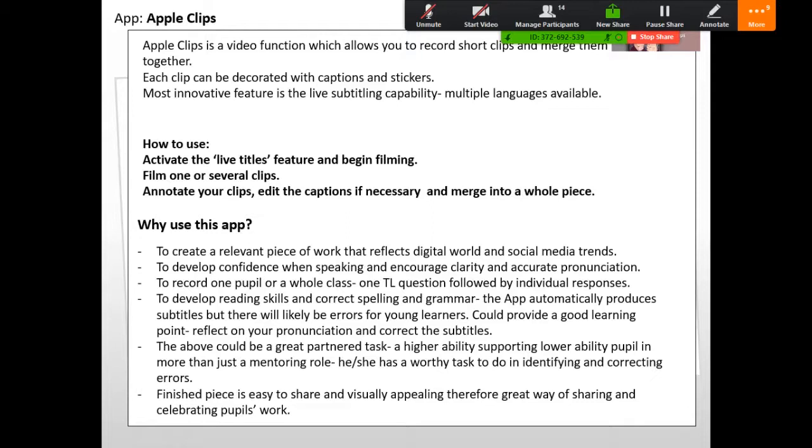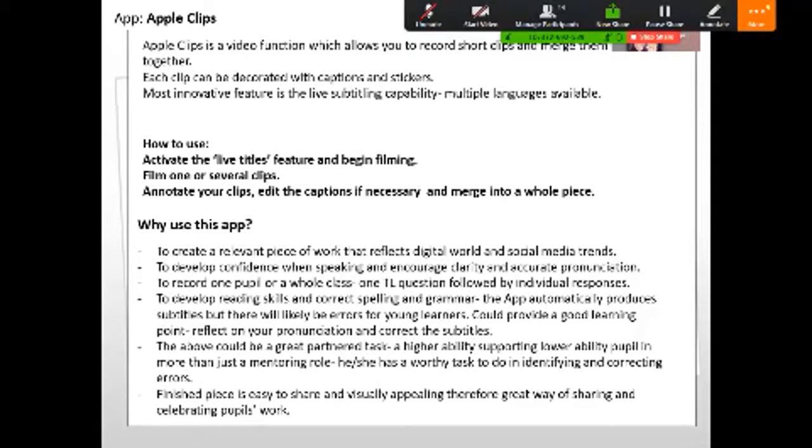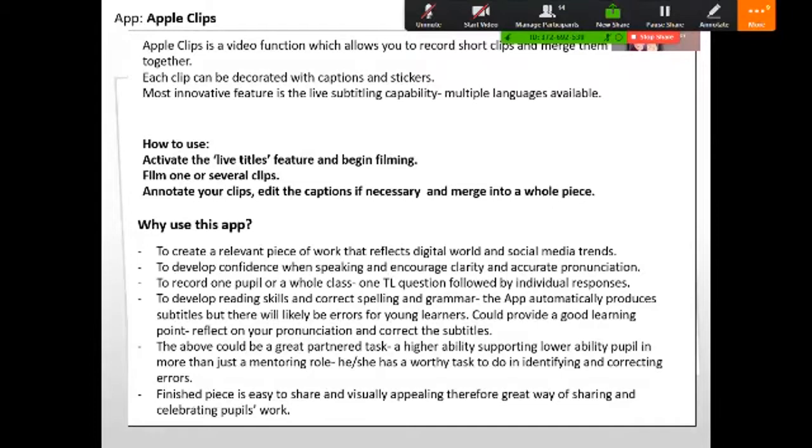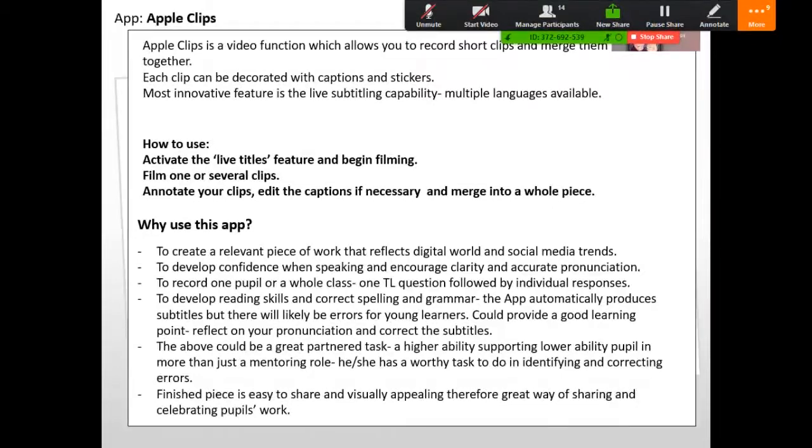If you can pair up, plan who you're going to pair up, a lower ability or a higher ability people. I know you have to do that sensitively. But if you can do that and then have the lower ability people speaking, and then afterwards both the people together, but with the higher ability people supporting, can actually go back and check that the captions were accurately generated, if there were any spelling mistakes, if there needs to be anything changed, any errors corrected.